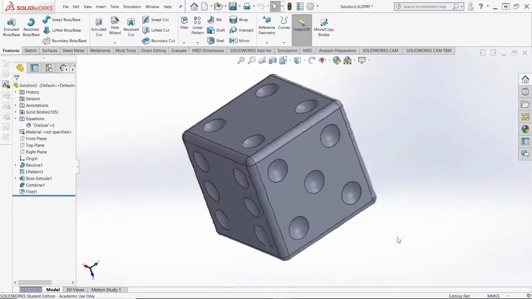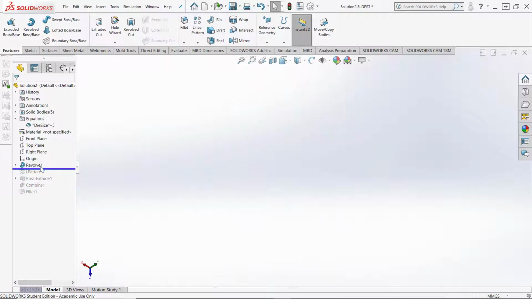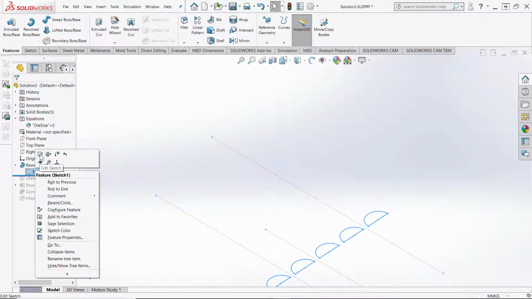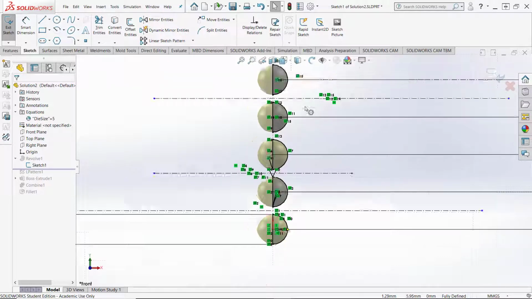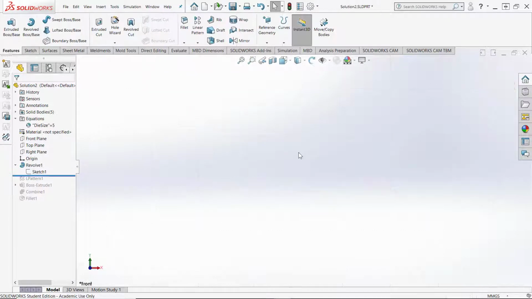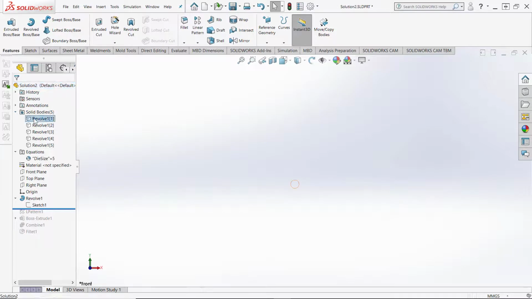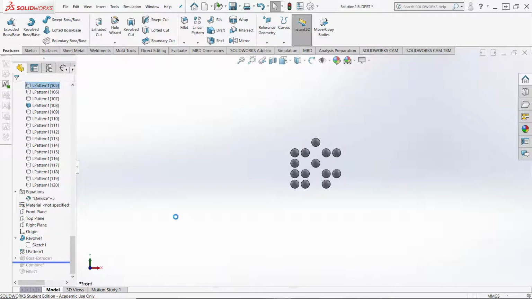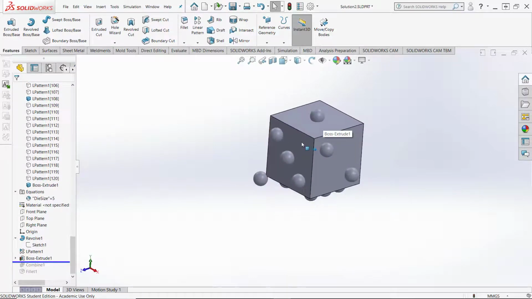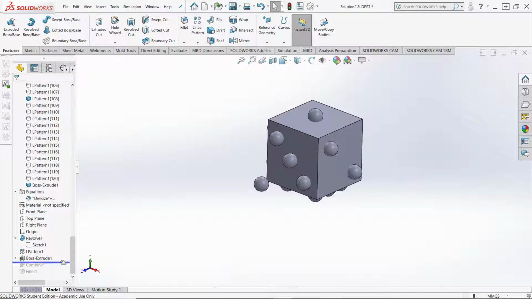But let's look and see what we have. I'm going to roll up to the first feature. A sketch was created of some path arcs, and then this sketch was revolved, returning spheres. Show that, so 5 spheres, and then a pattern was done of those spheres, and I've only got part of them showing here. After that pattern of the spheres, the cube itself, and the cube could be created before the spheres, either order, it doesn't matter, and then a combine subtract to subtract those spheres